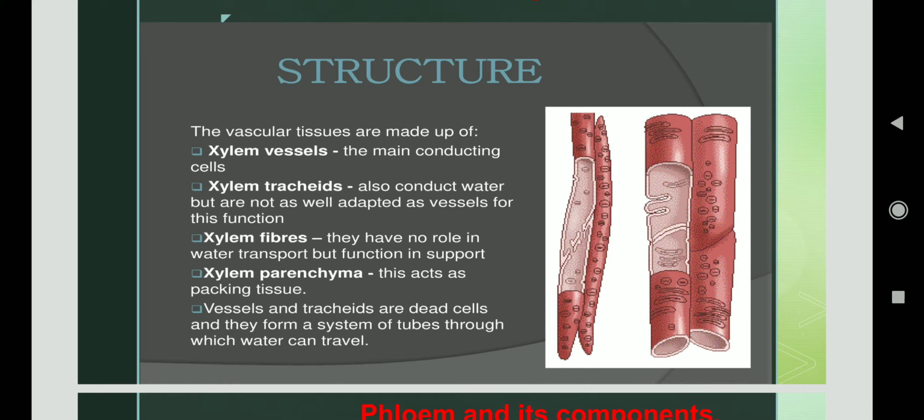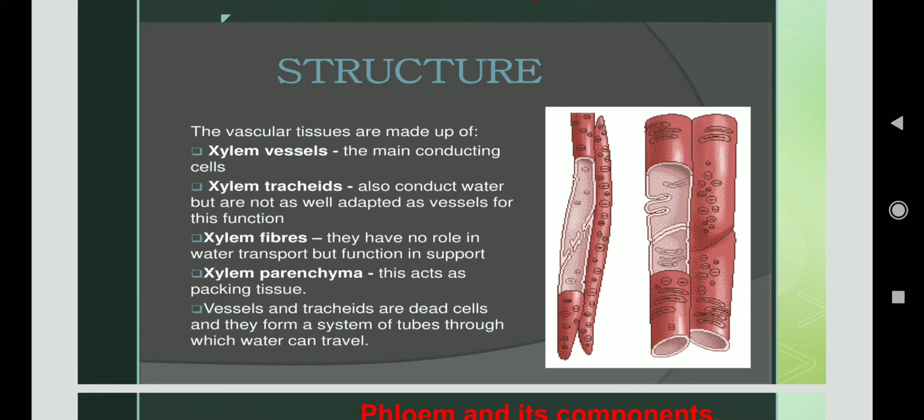And they have tapered ends. Taper means the ends which are joined with each other. These are vessels, right? It may be possible that their end walls are perforated. What do you mean by perforated? It means the wall has pores in it, okay? These perforated walls are known as pits. And one more important thing, vessels are mostly found in angiosperms, right? Tracheids and vessels are collectively called tracheary elements.